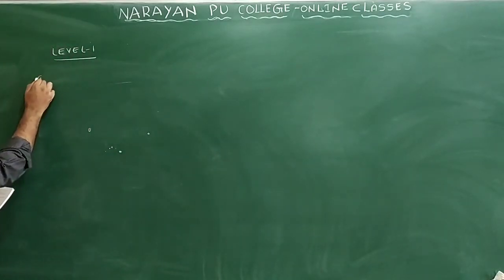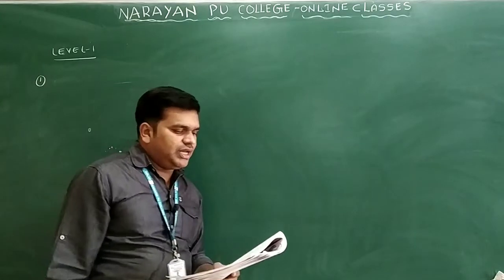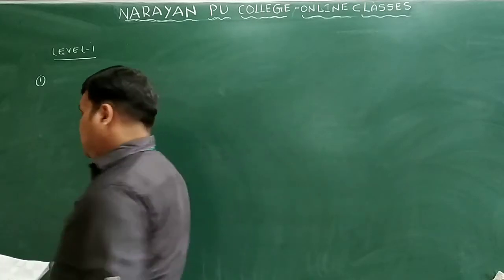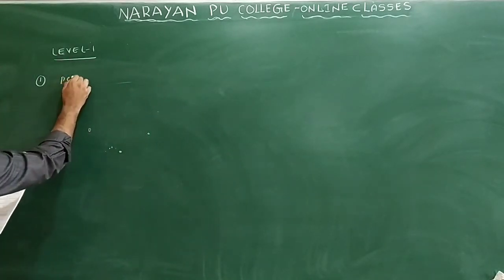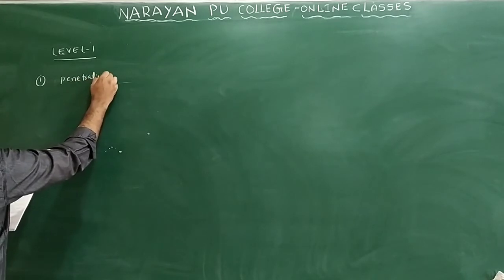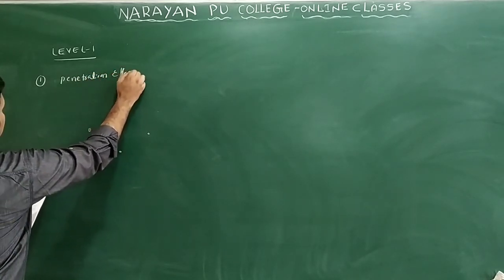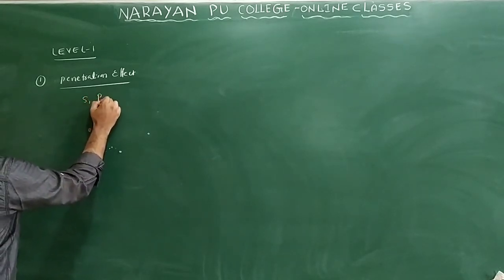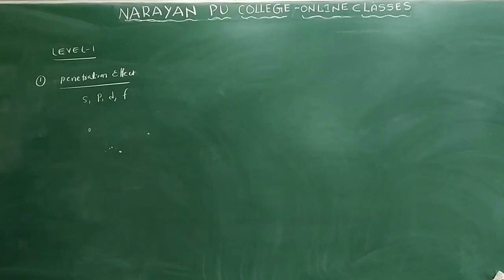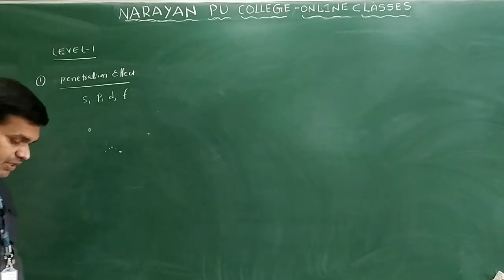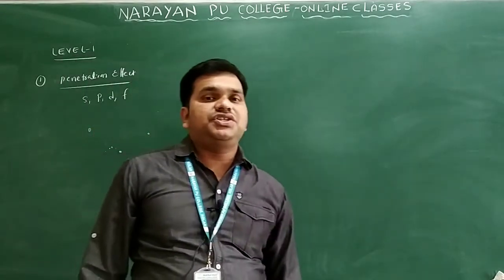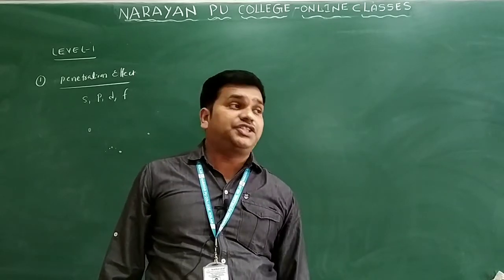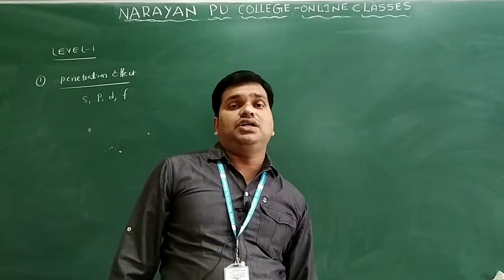Exercise level 1 questions. The first question is asking like this: in a given energy level, the order of the penetration effect of the different orbitals. Penetration effect, which one? Different orbitals only. You know what orbitals we generally have: s orbital, p orbital, d orbital, and f orbital also. So penetration power mainly depends on the orbital which is close to the nucleus. If the orbital is close to the nucleus, it has more penetration power than the orbital away from the nucleus.